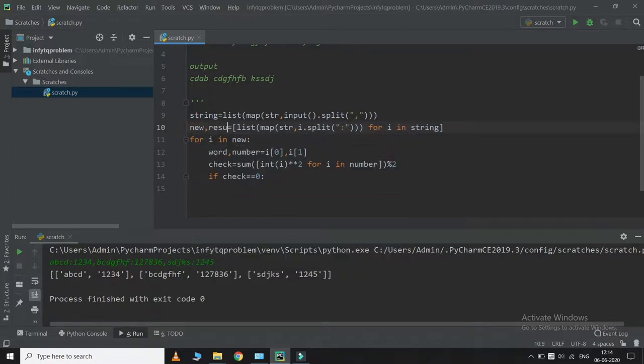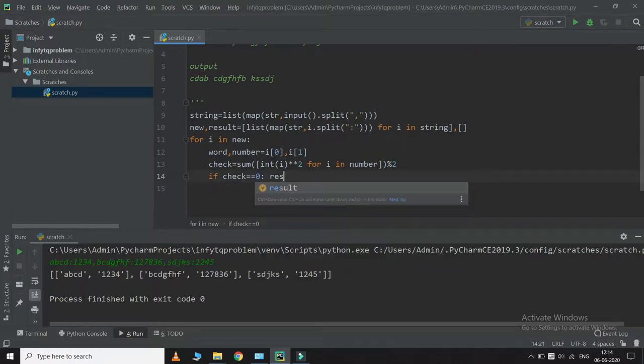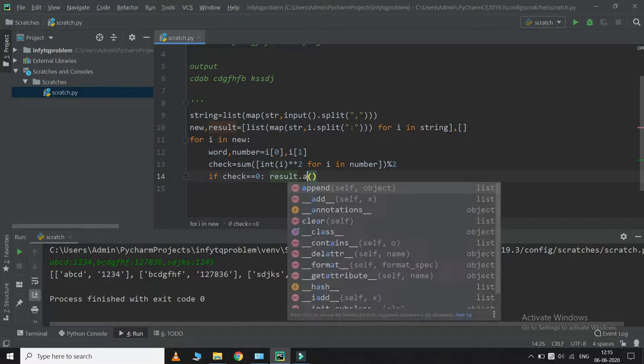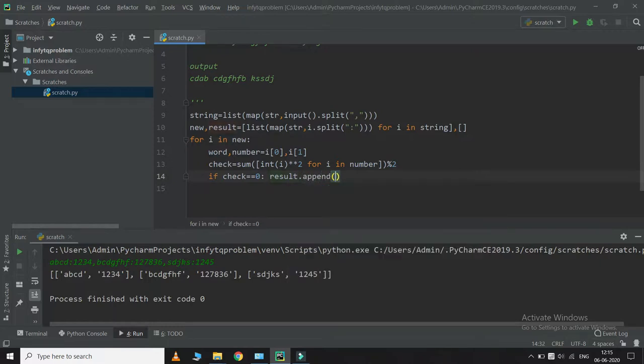I'll tell why I did this later. Okay, so we are just going to append to this list the rotation. So the rotation will be word. I think it would be the back string that is going to rotate.